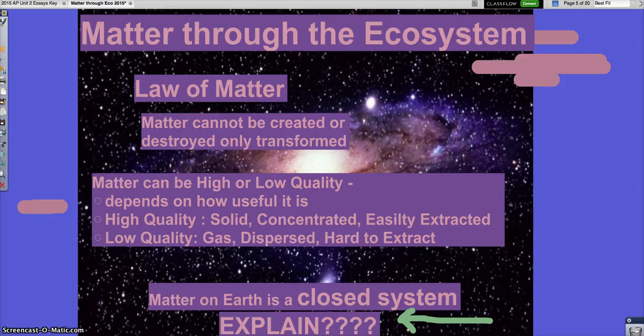Now, obviously, there are exceptions to that because of technology. What's an exception to that? Space. See my space picture in the background? Because if we take matter from Earth and build a space station outside of Earth, we've taken matter away from Earth, right? Or if some form of matter comes from space onto Earth, then it's additional matter. But generally, by the law, it stays here and circulates here, right? And that's important to know because energy is not like that.